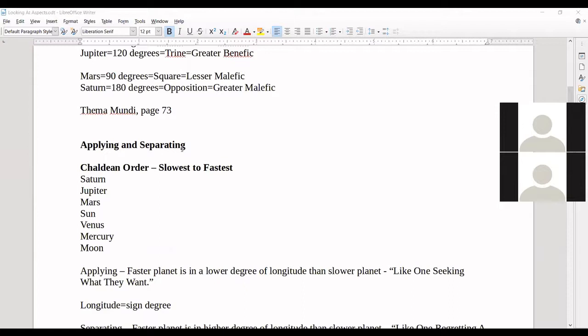Something that's separating is on its way out. So remember, one of the things that I've also said to you is that I believe horary is really the foundation of astrology. And so what we're really learning is how to read as horary astrologers. But once you read as a horary astrologer, you can read any type of astrology that way, and you'll be dead point accurate because you're so on.